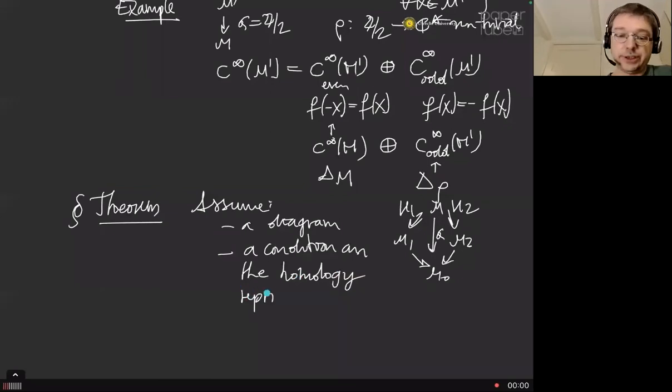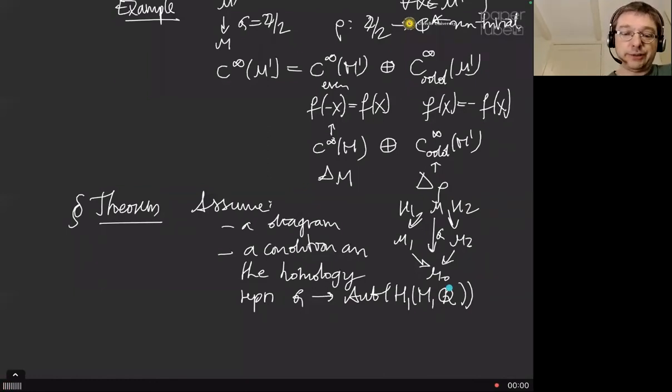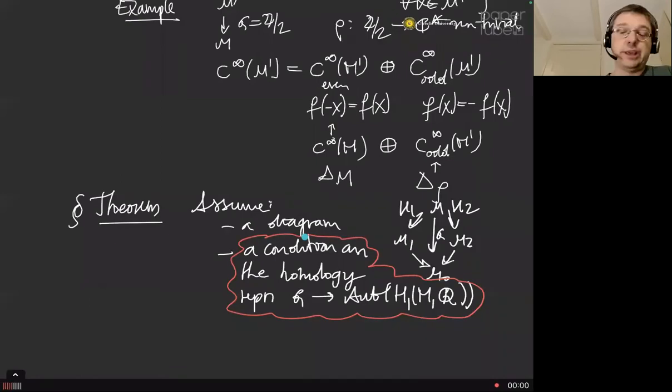The homology representation means that the group G acts by automorphisms on the first homology group of the top manifold. Well, let's do it with rational coefficients; actually, it will be mod l coefficients later. So there is a thing here, I'll just give it a little color. This is a thing I will explain later. So there is a topological condition that we impose. This topological condition has something to do with being able to realize a certain group. But the claim is that if you have manifolds that fit into such a diagram and you have this condition, so this condition on this representation being large enough, then